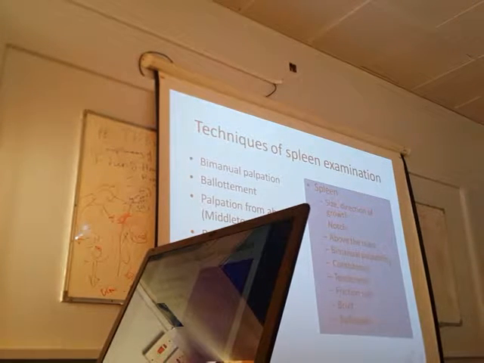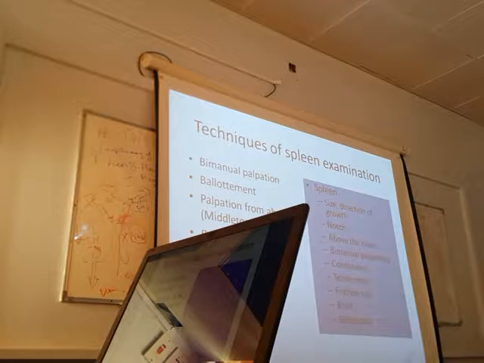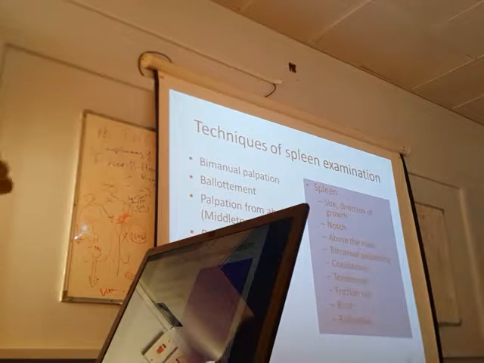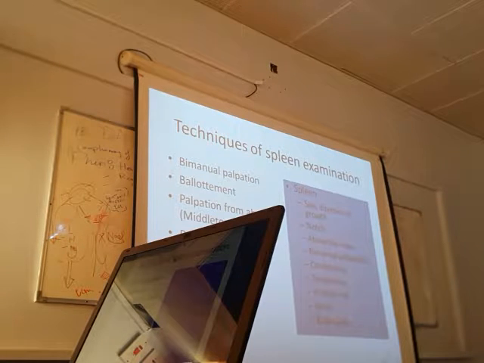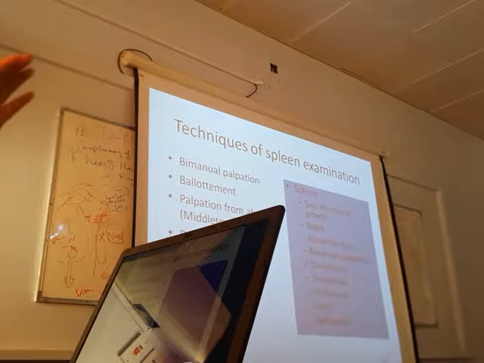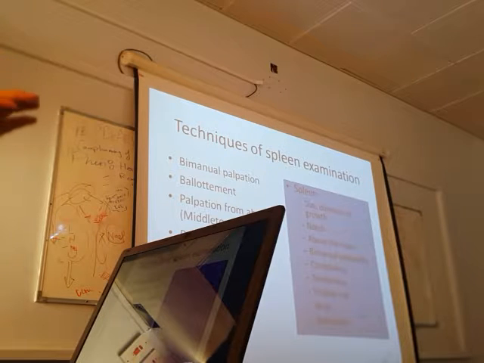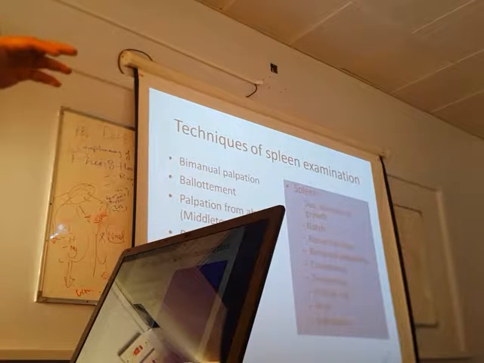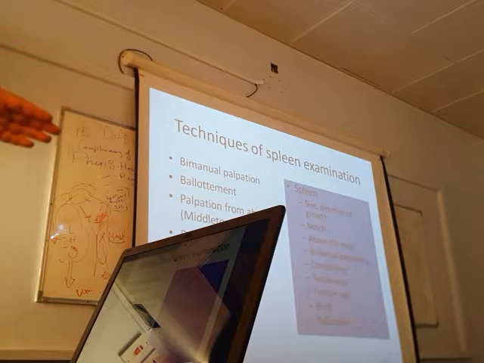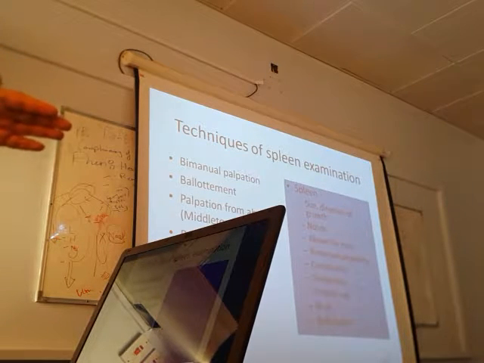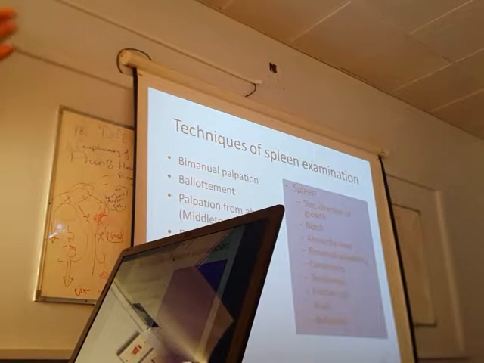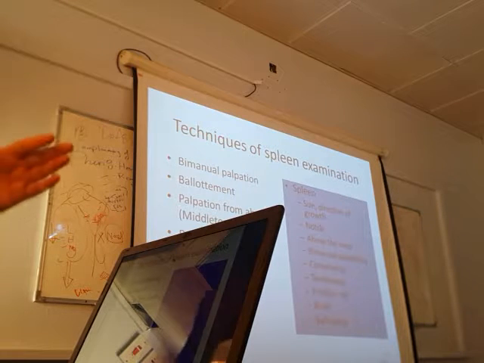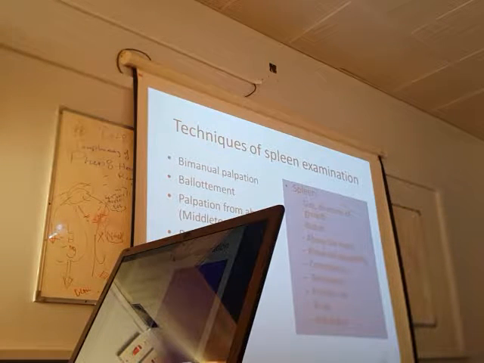Then if you don't palpate, what do you do? Then you do the bimanual. In bimanual, you ask him to lie on the right side, right? Turn on the right side and keep this hand below the left side of the chest. Because it is the 9th, 10th, and 11th mid axillary line, and posteriorly also, if you know the spleen anatomy, you push this, and you can palpate it. That is bimanual. And you go up with this diagonally, and you push this. That is bimanual with the right turn, okay? It lies on the right side. Then another method is